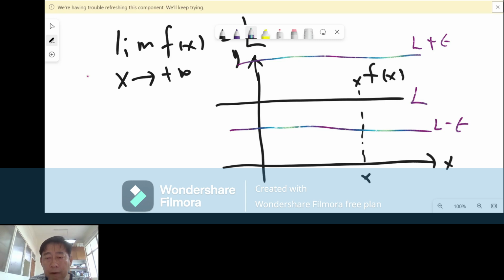Here this is the line of L. So we need to prove the existence of an interval in x where the function